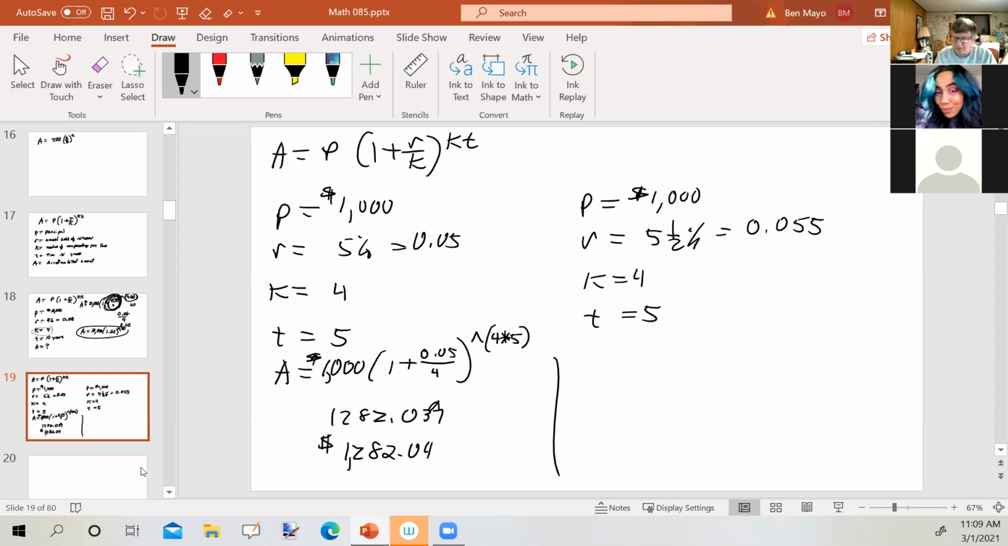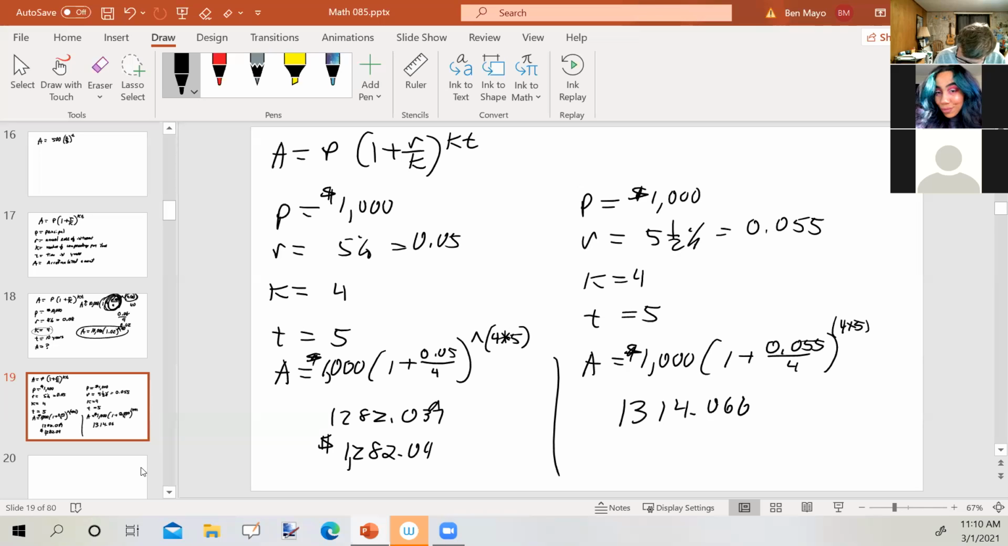Okay, so $1,282.04. Now, second scenario, this is going to be 0.055 over 4 to the 4 times 5 power. 1,000, parentheses, 1 plus 0.055 divided by 4, close parentheses, raised to the power 4 times 5, and I get 1314.066, which would round up to